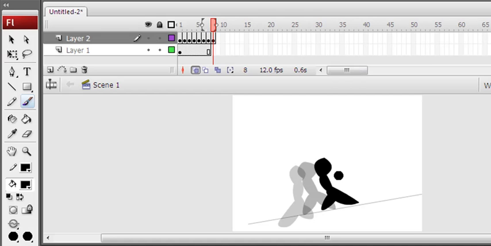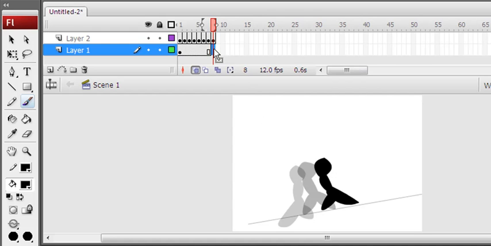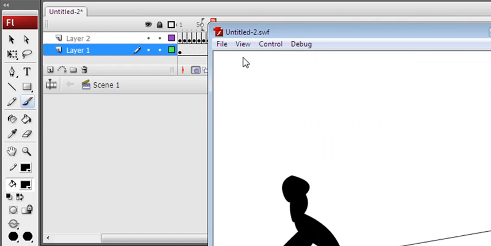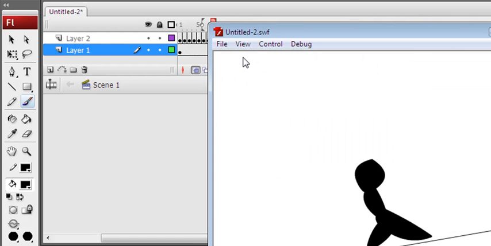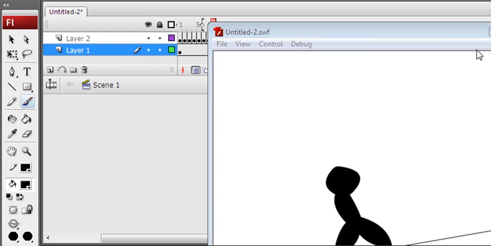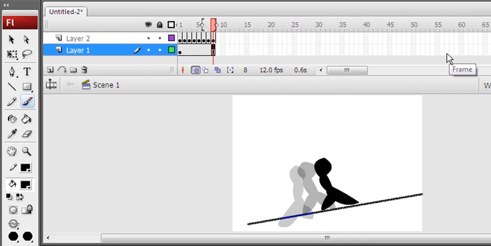I'm just drawing it, and you see the onions shown in the third bracket, 5 to 8, and the man is moving forward. So just think about it. The onion skin, I hope you understood. The third bracket shows how many frames are in onion, how many figures in faded color you can see, and that is the beauty of onion skin, and it is highly essential for frame by frame animation.